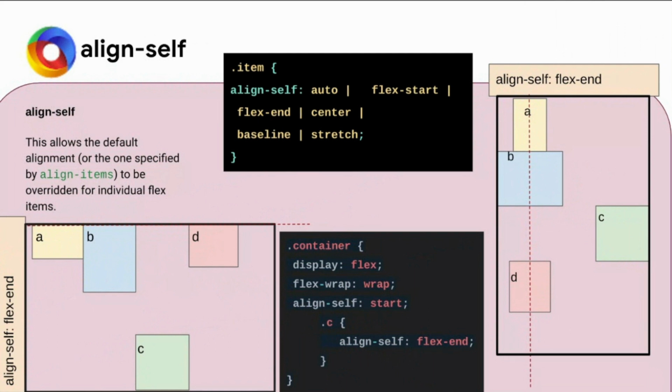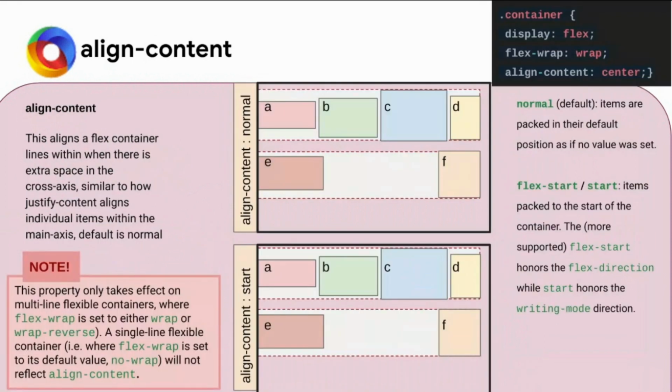Any confusion till here? Okay. Now coming to multi-line system. Align content is the one with which we can arrange the way in the multi-line. Suppose this is one of the rows, and as soon as we have applied flex wrap, everything comes to the next line. When it comes to the next line, if we apply say justify content space between, the first content would come to the first, and the second would be at the end of the line. Here also first is at the beginning, second one is at the end, and everything is in between.